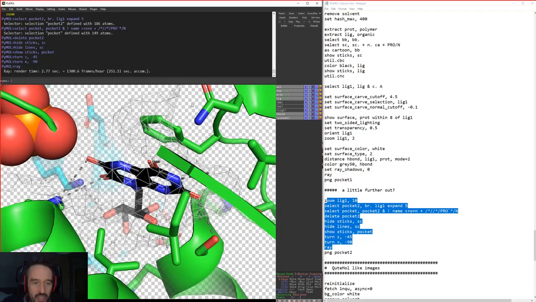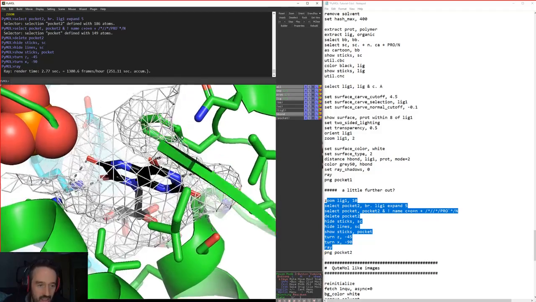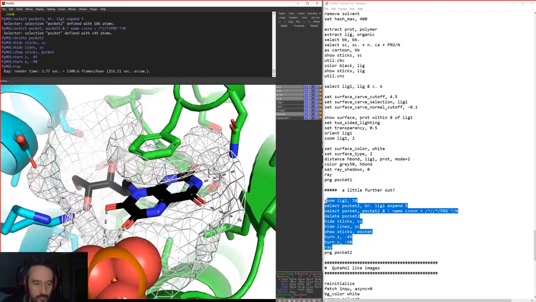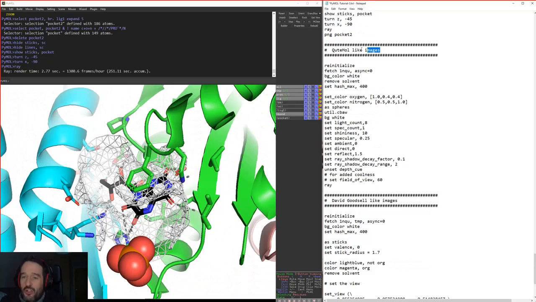Okay, I think actually with the alpha checker on here, it means that you can't really see the pocket very well. But I showed you there was a program called QtMol, and again, just to emphasize the fact that in PyMol there are a lot of ways in which you can manipulate your images.